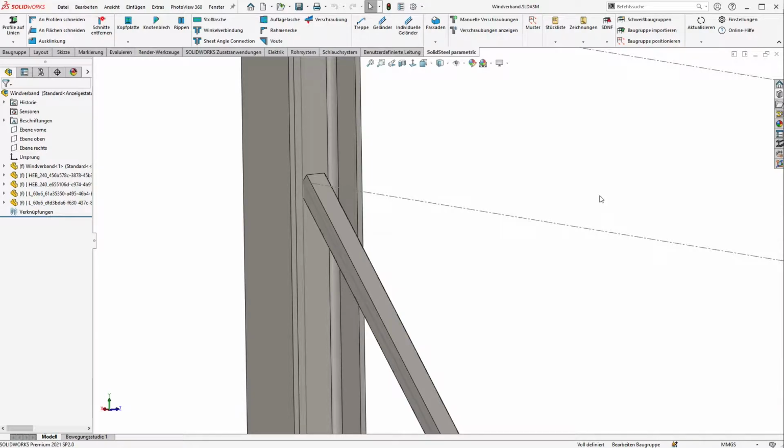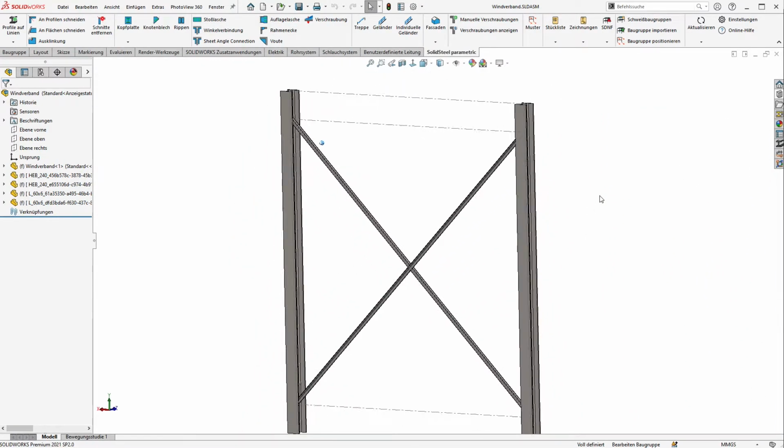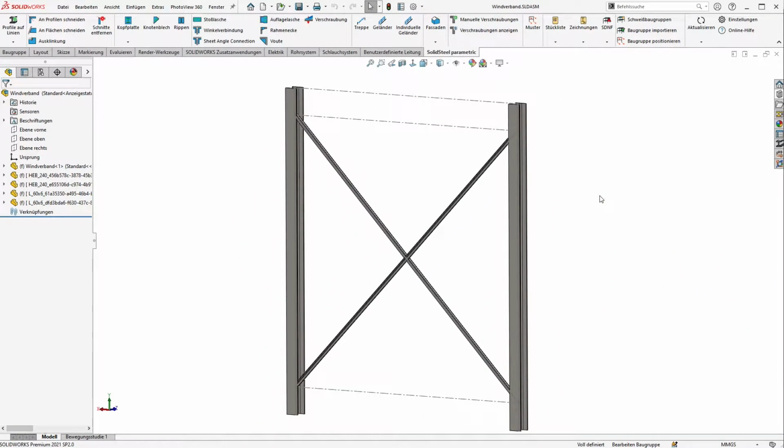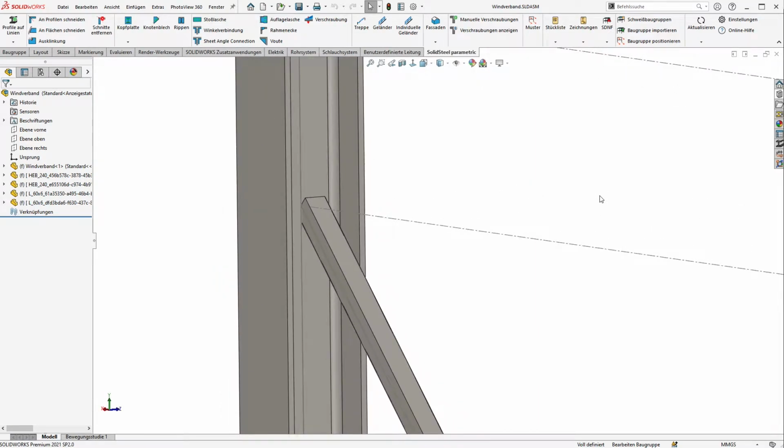The software, or more correctly software collection, that I would like to introduce today is called Stahl 2000. It contains a whole series of practical tools and is made by Cleach. The tools are easy to operate and thus allow us to create a structural analysis parallel to the design. I had estimated the L profiles at 60 by 60 by 6 mm. Let's check if this was a good choice.